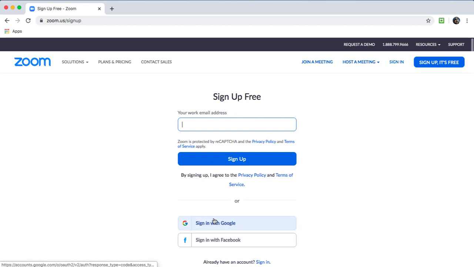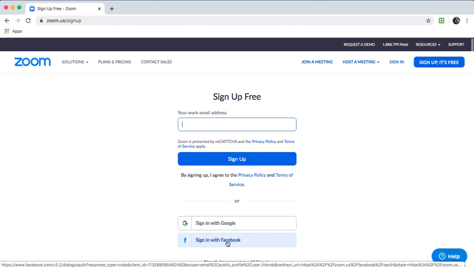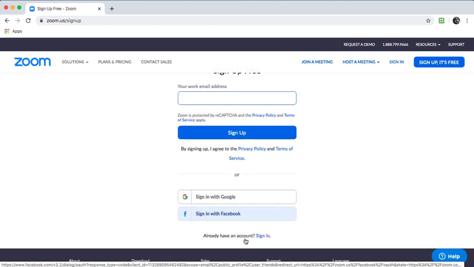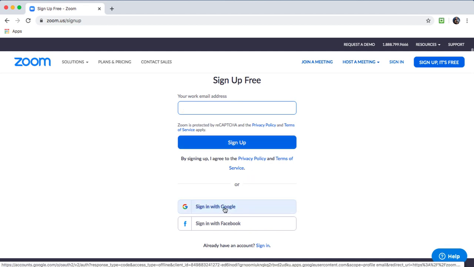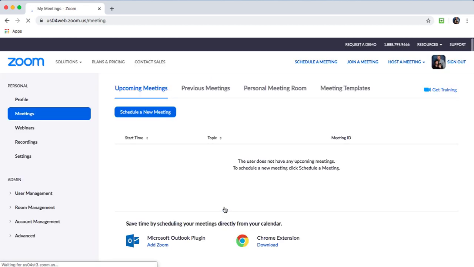If you have a Google account or a Facebook account, you can actually sign up using those. I have a Google account, so that is what I'm going to use. If you have neither of these, then you can go ahead and use your email address and go through the sign up process. So I'm going to sign in with Google. I have already authenticated my information, so I'm able to go right into scheduling a meeting. So I can go straight to schedule a new meeting,